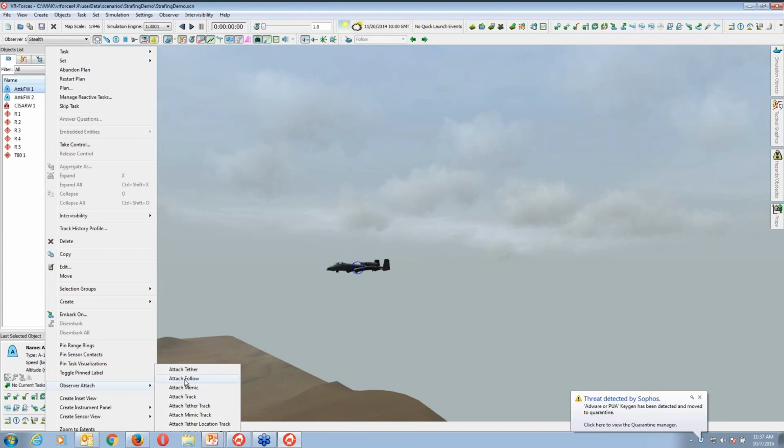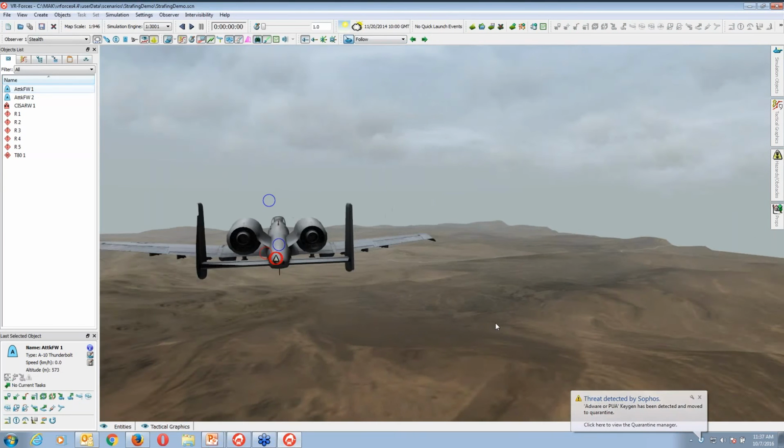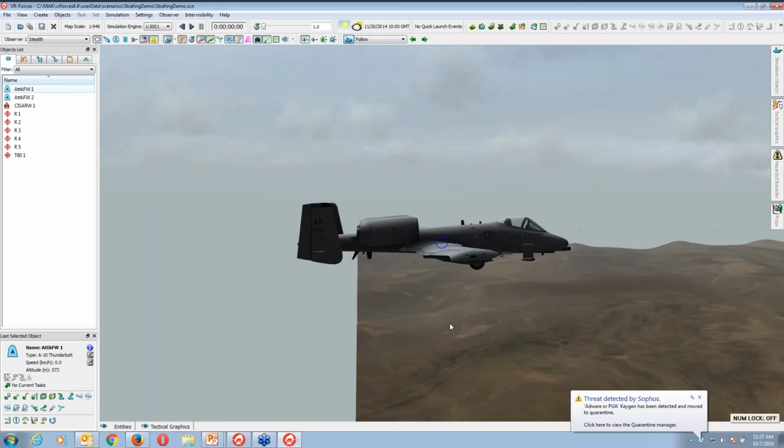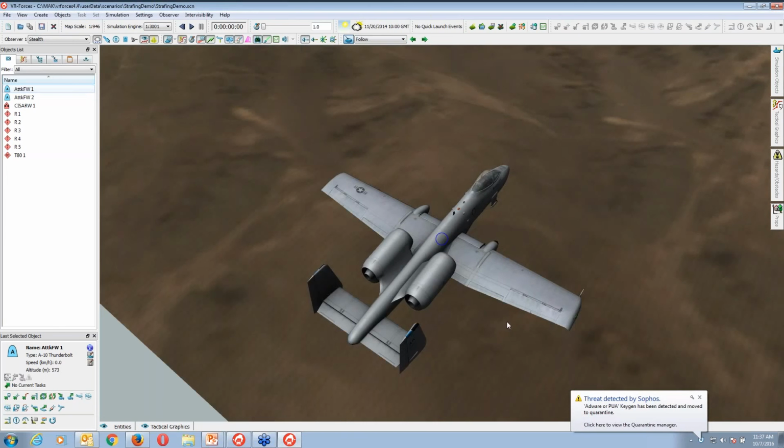So you can see it's my friendly aircraft. It's a Thunderbolt actually. And what are the current parameters? You can see the speed is 0.0, heading is 270 degrees, location altitude is 573.